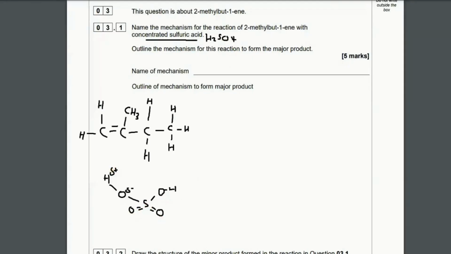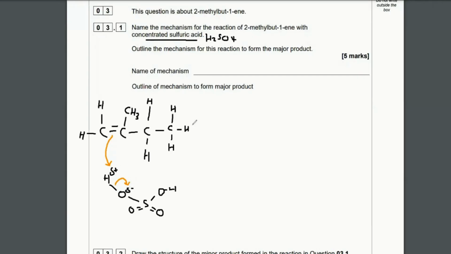Okay, so we've got a slightly positive charge on the hydrogen atom and a slightly negative charge on the oxygen atom on the sulfuric acid. And of course, that means that this electron-rich region of the double bond is attracted to that slightly positive hydrogen, so 2 electrons move over to form a bond with the hydrogen. Now, as hydrogen can only form one bond, it has to break this bond that it has with the oxygen